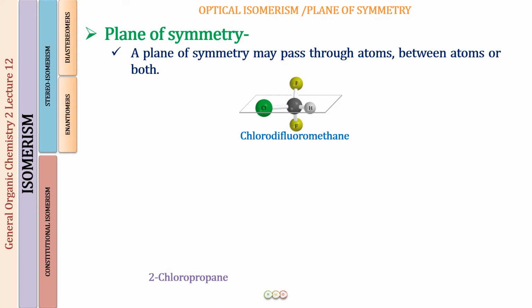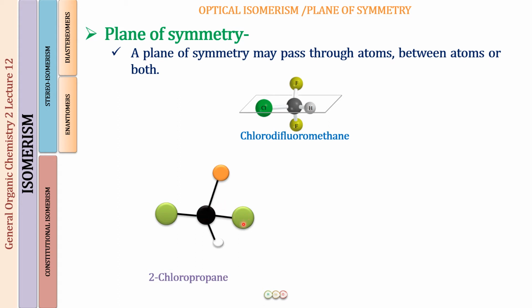It is going to be 2-chloropropane. So in 2-chloropropane, we have three carbons. Let this be carbon number 1, carbon number 2, carbon number 3. So this is going to be a CH3 group. This is going to be a carbon which is attached to a hydrogen and to a chlorine, and this is going to be the methyl group. A CH3 over here means that three hydrogens are attached. So this cannot be a chirality center. Similarly, this one cannot be a chirality center.